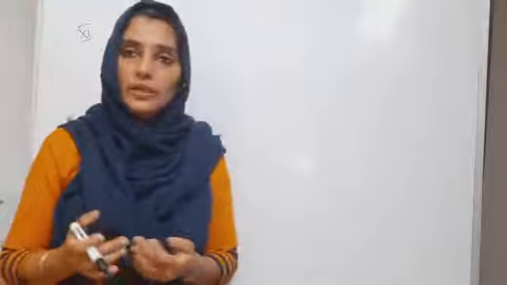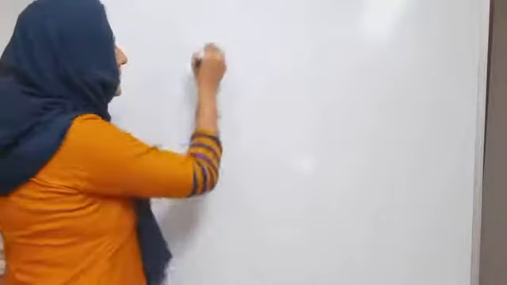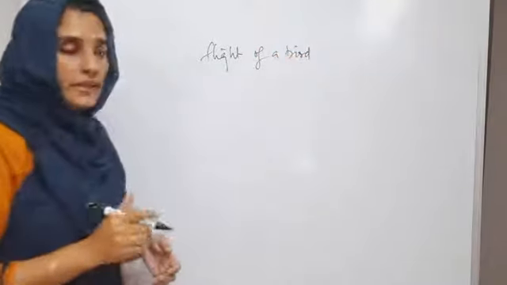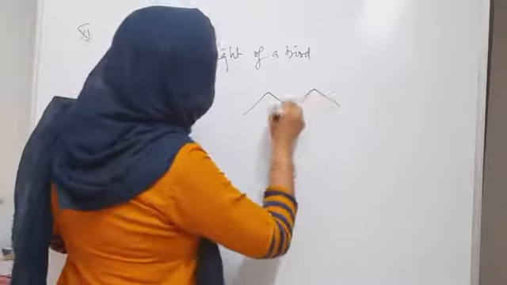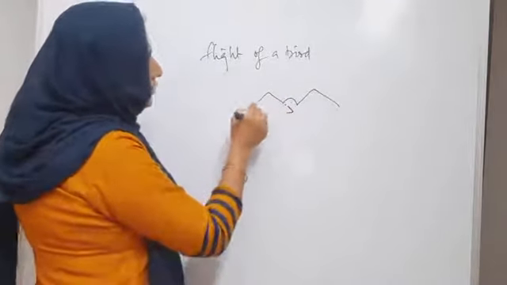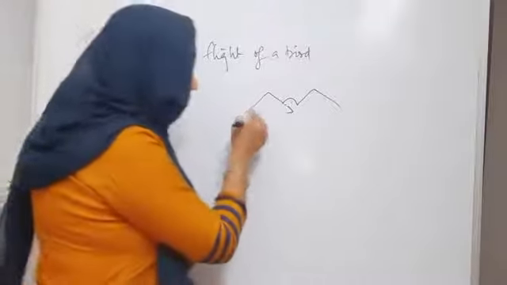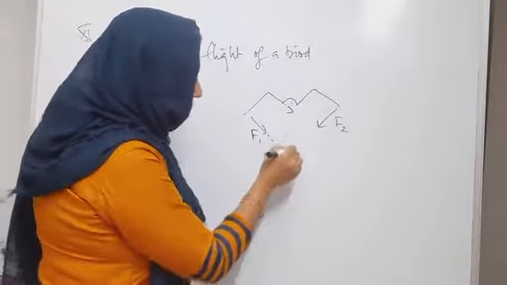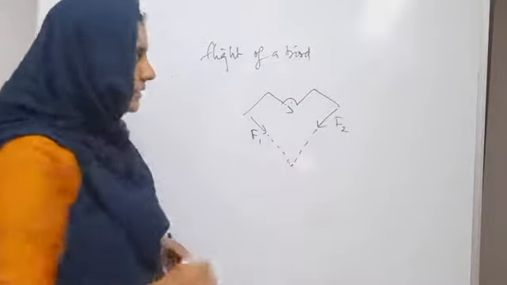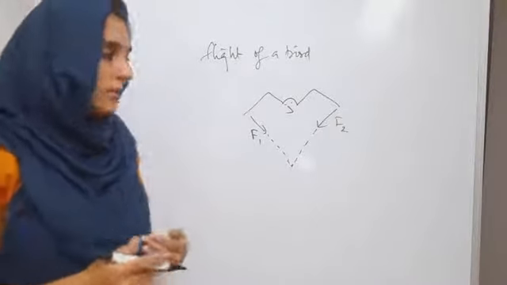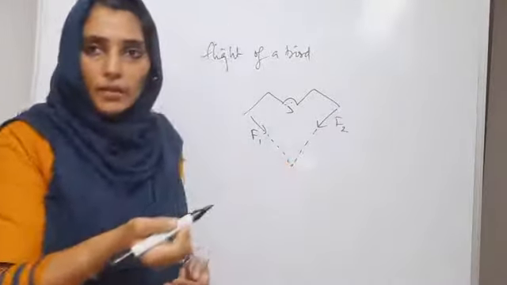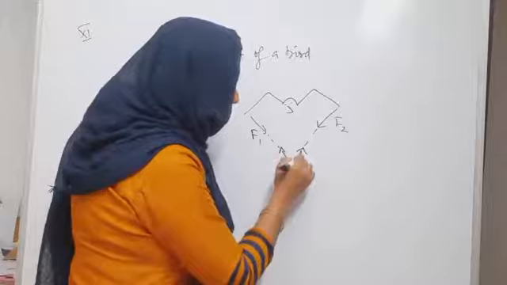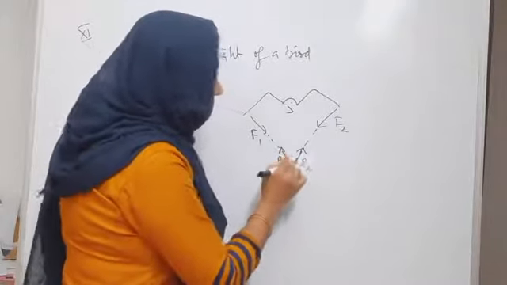As I told you, for a real life application of addition of vectors, you can consider the flight of a bird. Consider a bird which is trying to fly. It pushes the air downward with forces F1 and F2 using its wings. When you extend these two forces, they have a common meeting point here, and as per Newton's third law, there is an equal and opposite reaction of the air, known as the reaction force. Let us name them R1 and R2, which act in these two different directions.